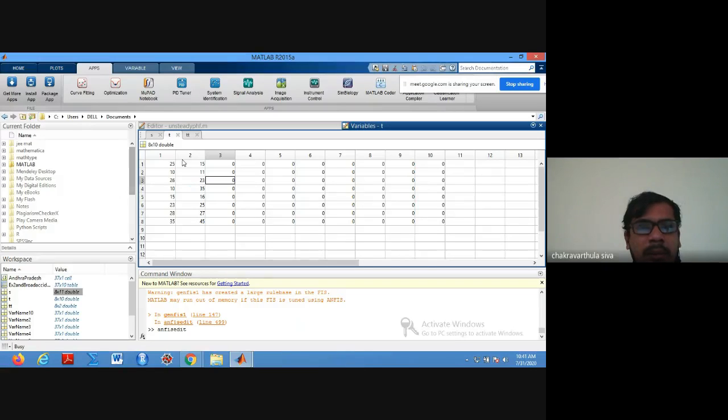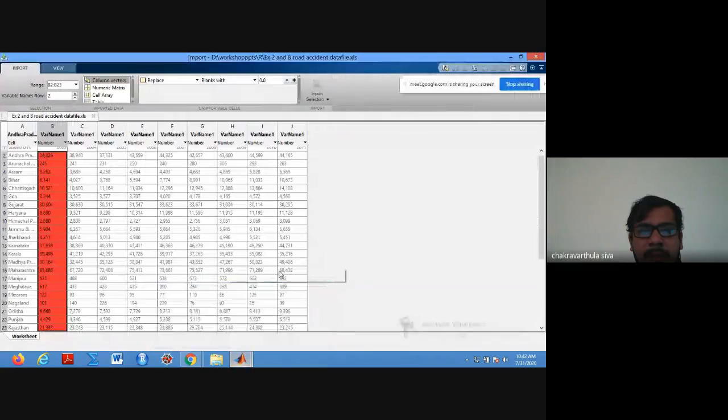So anyway, by the time it will open here, and we are not getting this data, right? Why we are not getting this data? Import data sheet.